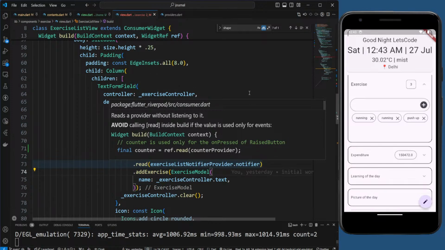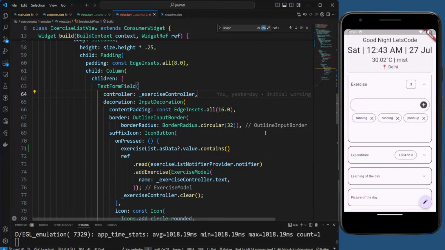But we can't directly run if it contains or not, because it can be lowercase also, right? So what we can do is